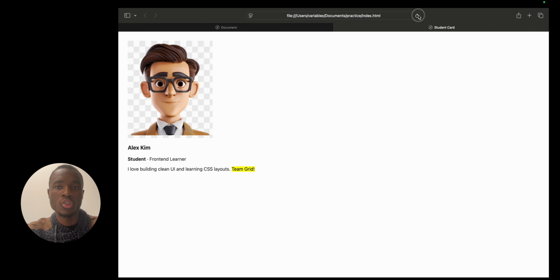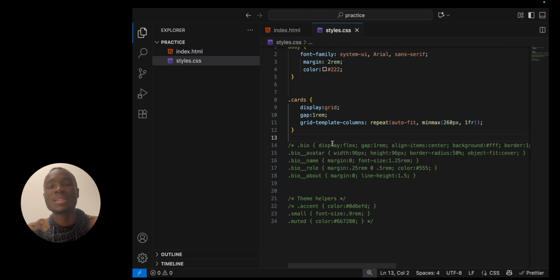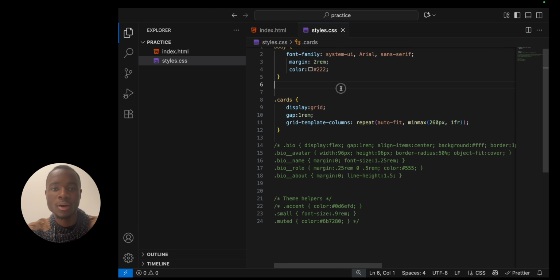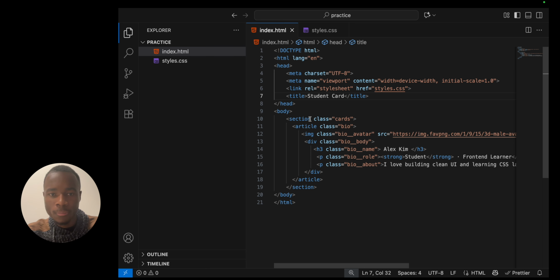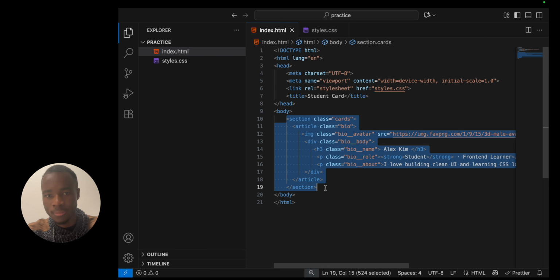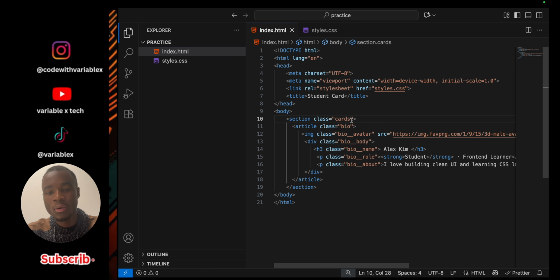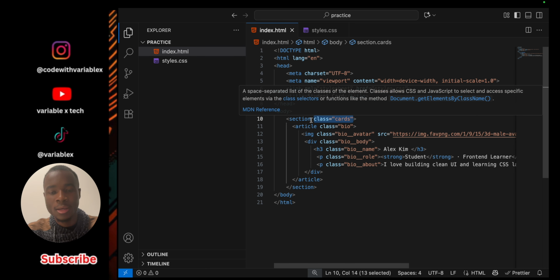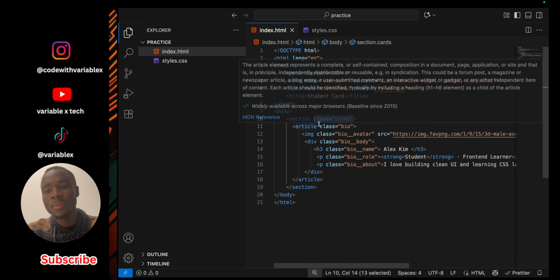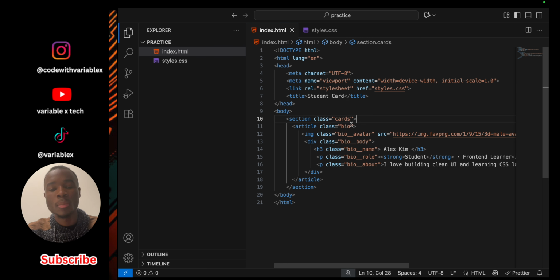If we go and refresh, there's nothing. Do you know why? Because we targeted cards, but if we look here, we are just targeting the section, because in the section, that's where we have a class called card. By the way, this is a class, and the class can mean so many things. So right now we are saying this is a class, and in this class we are going to